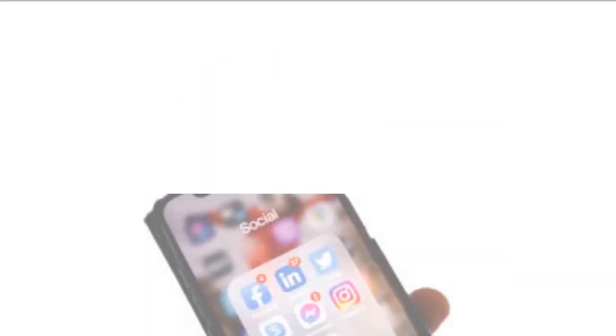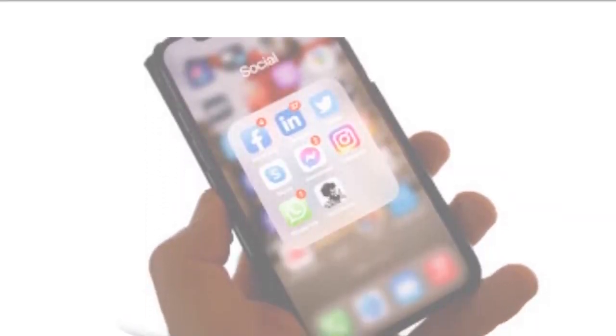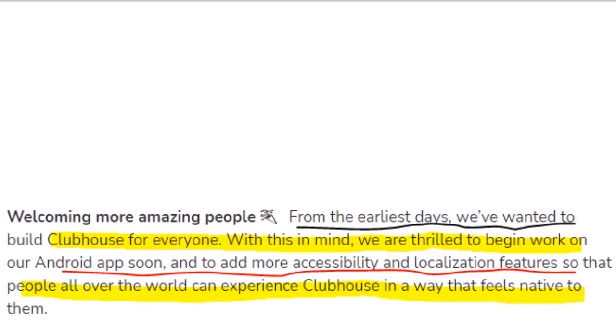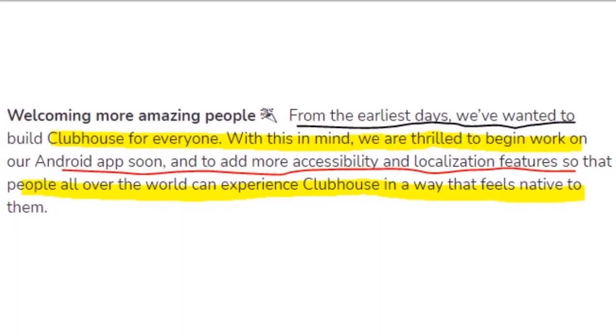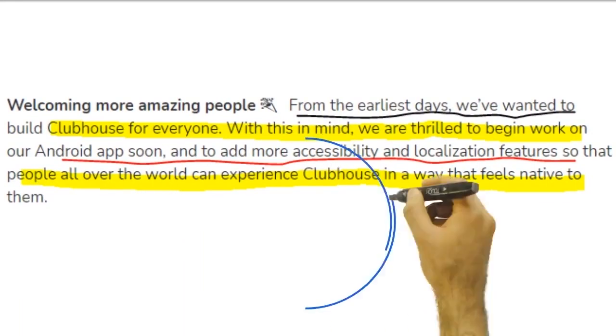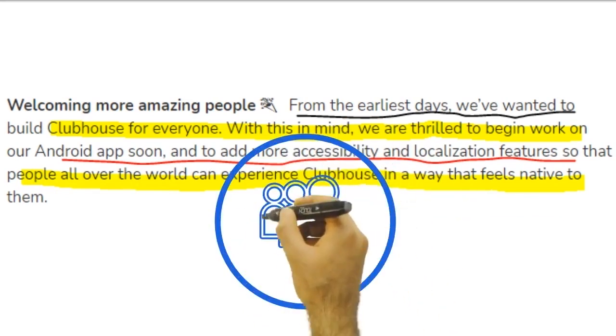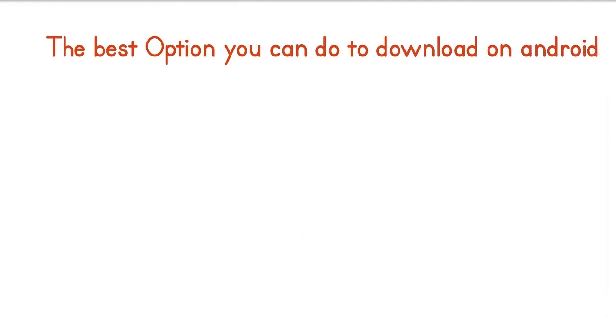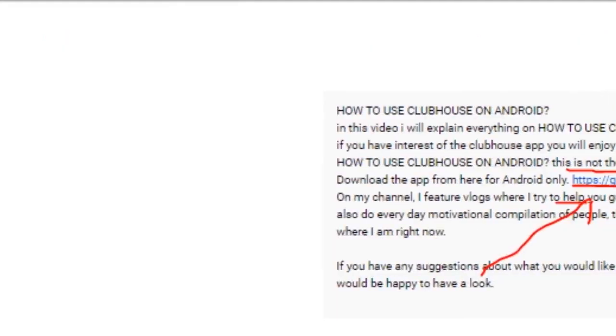It isn't fair. Officially, Android users are not covered yet inside the Clubhouse app. As Paul and Rohan, the co-founders, stated, "We've wanted to build Clubhouse for everybody. With this in mind, we are pleased to begin work on our Android app soon, and to add more accessibility and localization features so that people all around the world can experience Clubhouse in a way that feels native to them." The best solution I have personally found to join the app is to download the APK file